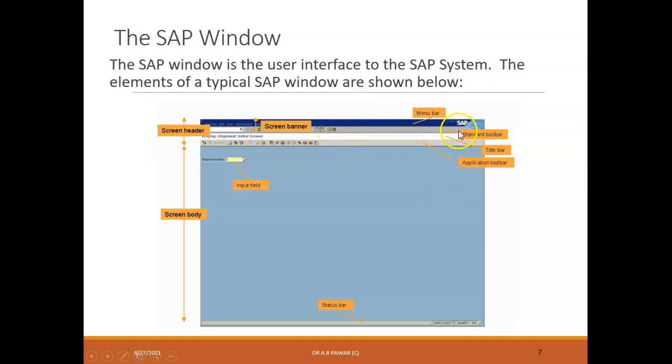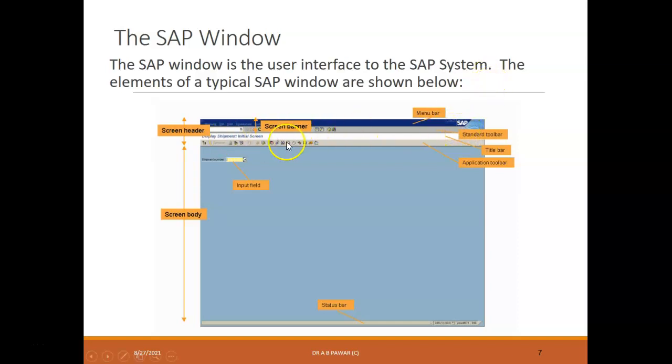Then what is the standard toolbar? In this standard toolbar, alternative shortcuts for your menu options are given. It means, suppose for copy, I can use the copy option from the edit menu of that particular software. At the same time, I can do the copy with the help of the copy symbol or icon given on this standard toolbar. Even I can save by going into file and choosing the save option. At the same time, I can do it by using the floppy kind of icon shown on the standard toolbar.